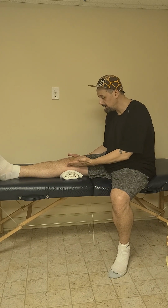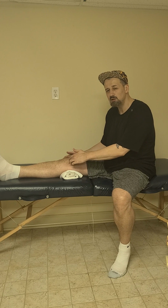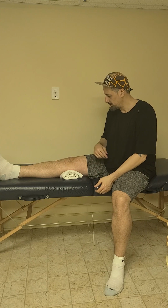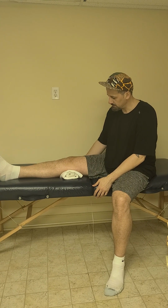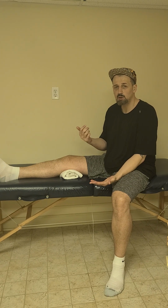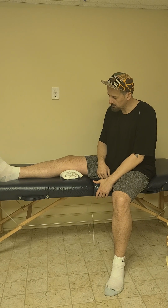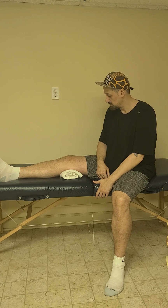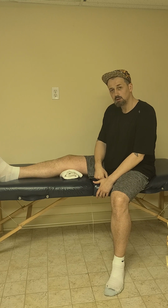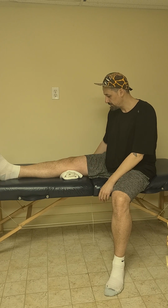This is its first function. Can I get the leg completely straight? Can I have these muscles on top engage and have minimal joint line pain? And relax. 1, 2, 3, 4, 5, and relax. These are called quad sets in exercise in the rehabbing world. Quad set, 1, 2, 3, 4, 5, and relax. Very simple. Squeeze that quad, 1, 2, 3, 4, 5,